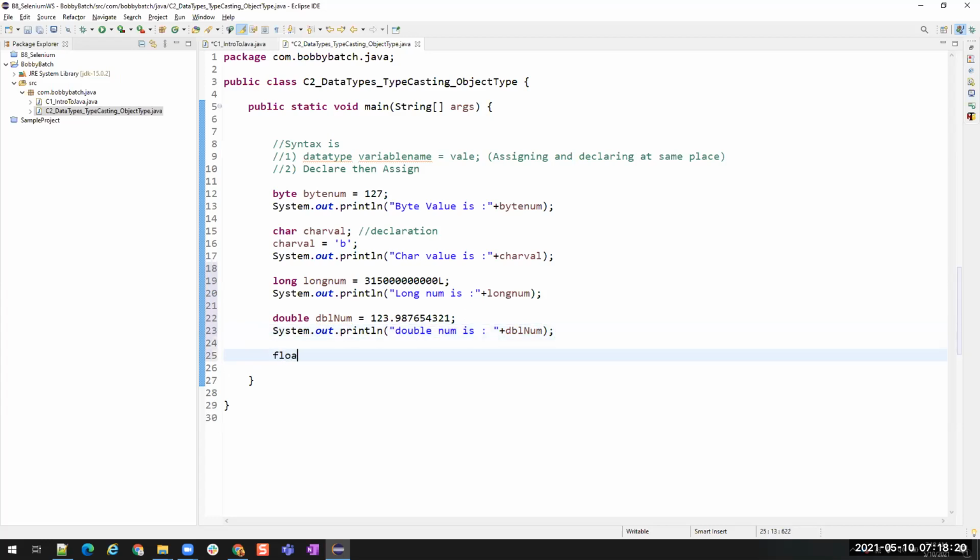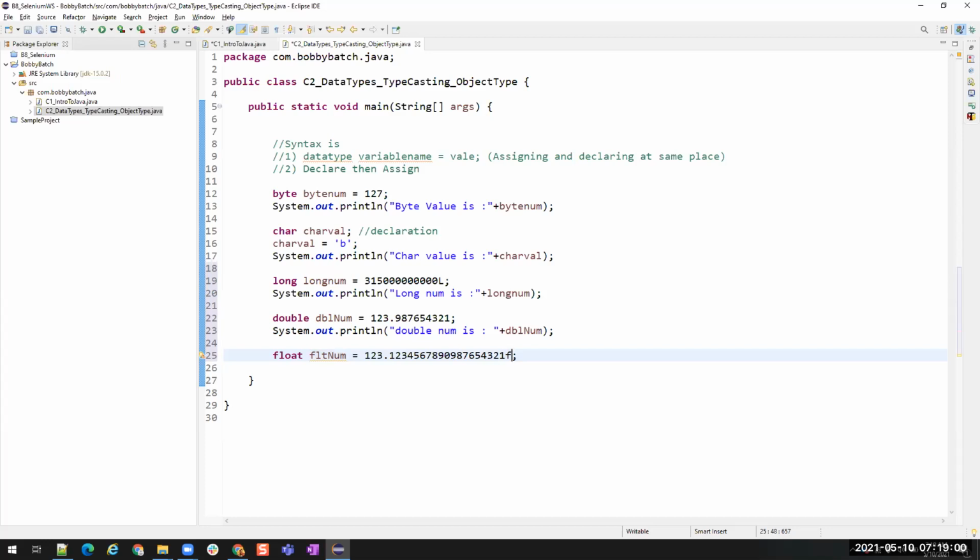Then we have float, FLT number is equals to 123.4567890 and then I'll go in reverse. Just some random decimal number I'm creating. And similar to long, where we append L at the end, to represent a float number for these decimals, you have to append a letter called F. Whether it is a capital F or small f, your Java compiler will understand.